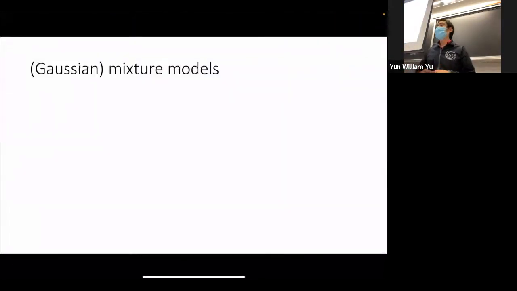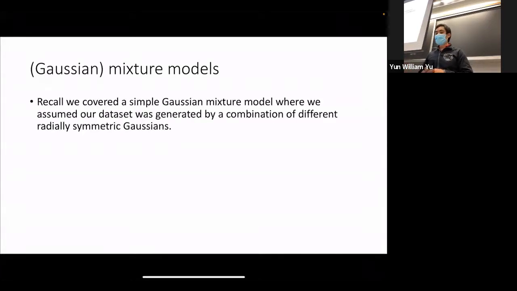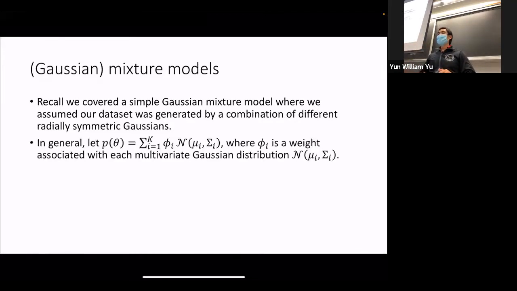So there are other things that also form part of what I classify as traditional machine learning. One of these is something called a Gaussian mixture model. We talked about these briefly when we talked about separating out mice and men as different Gaussians, right? The basic idea is if we assume that our data set is generated by a combination of different Gaussians under some parameters, can you separate that out? If you know that your data set is generated by some number of Gaussians, can you figure out what points in your data set were generated by which Gaussian